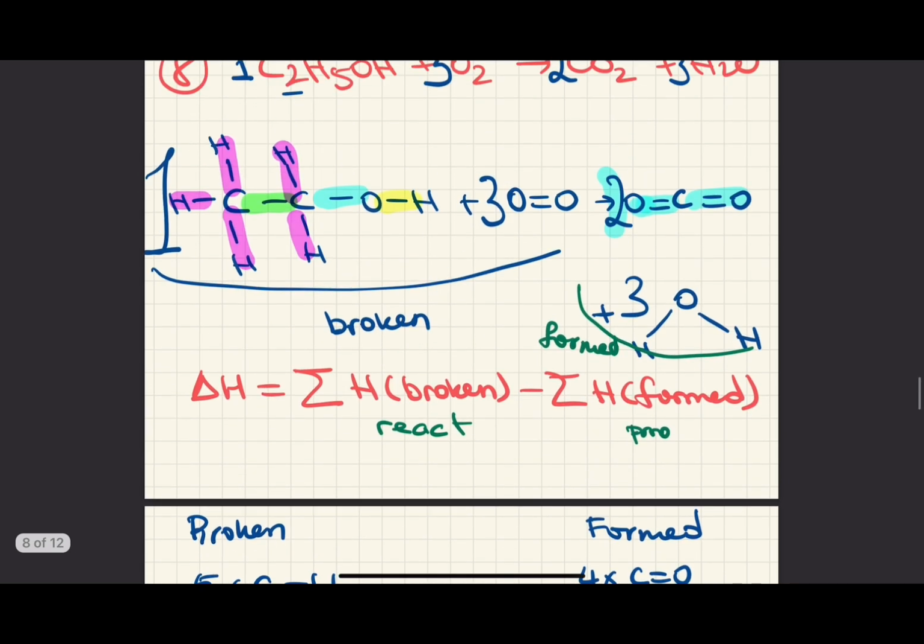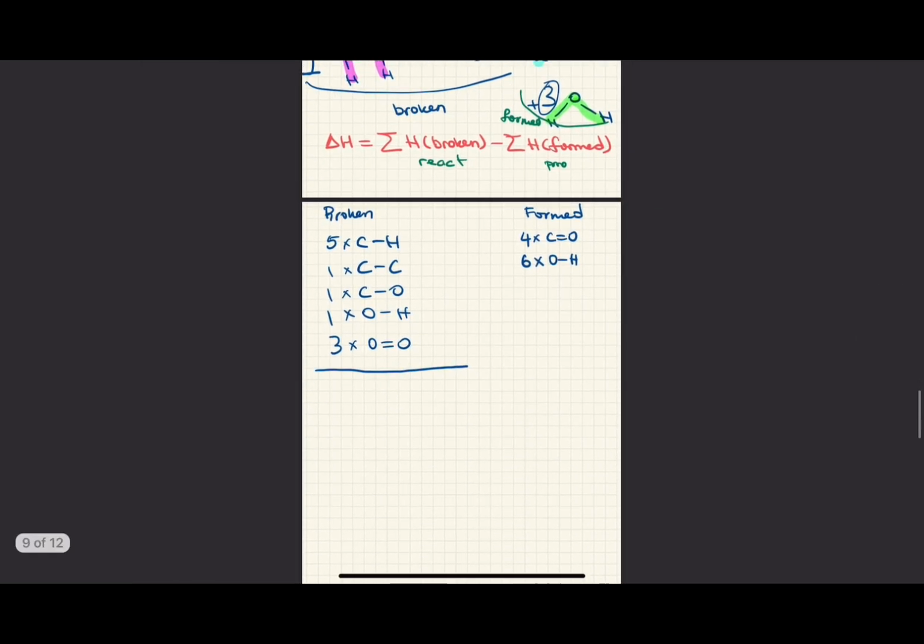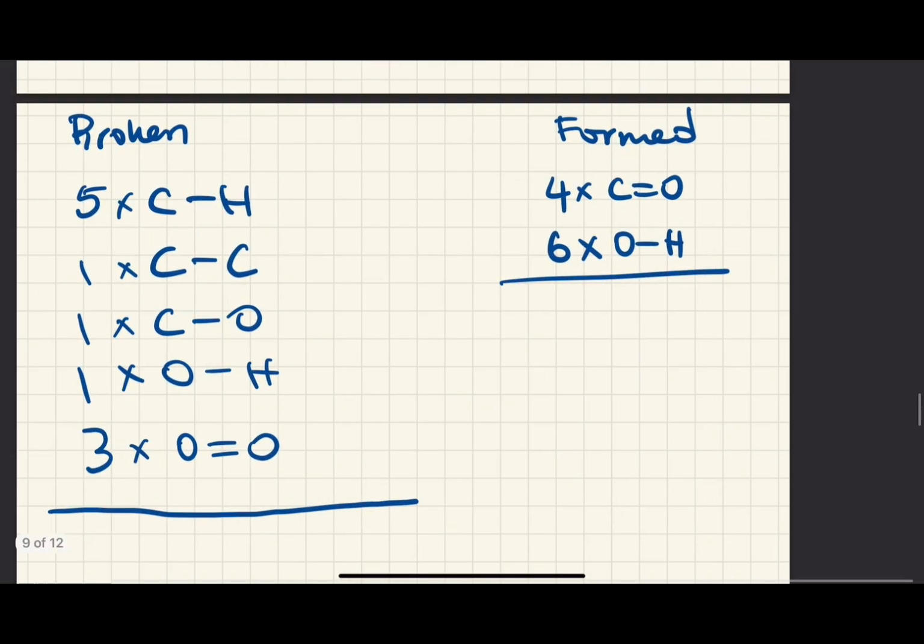And then I have in here oxygen and hydrogen, so 2 of them, and there's 3 of them in here. So this means 3 times 2, which will mean 6 times OH. Now I need to take the sum and minus them from each other. Now I'm gonna write them in here for you. So we have